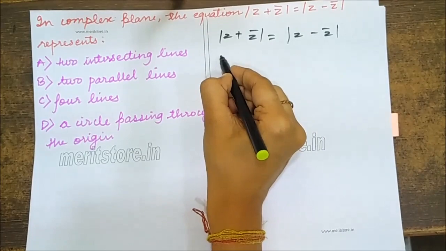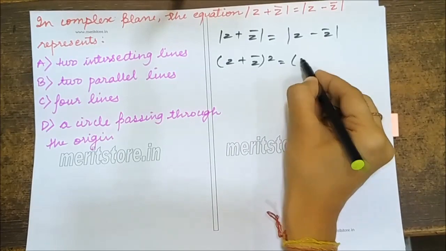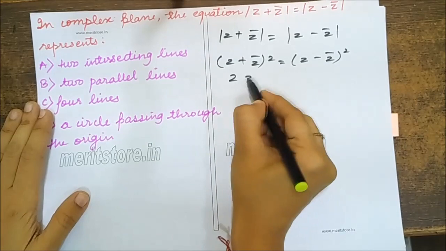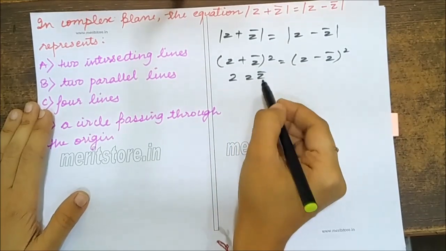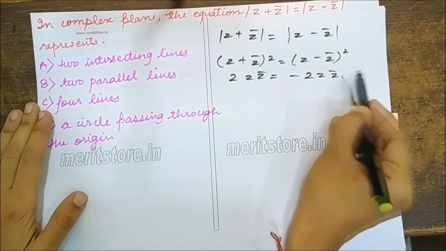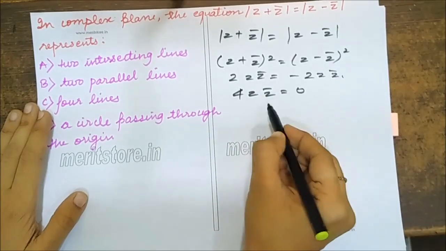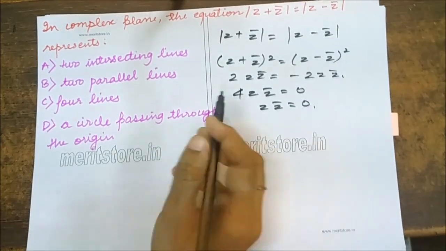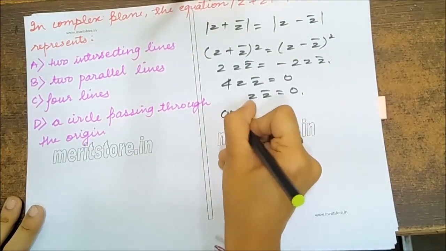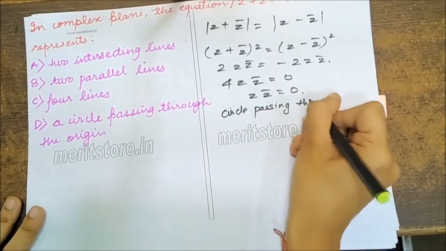So we get z plus conjugate of z the whole square is equal to z minus bar z squared, that is 4z z bar is equal to 0. So the answer is that the circle is passing through the origin,